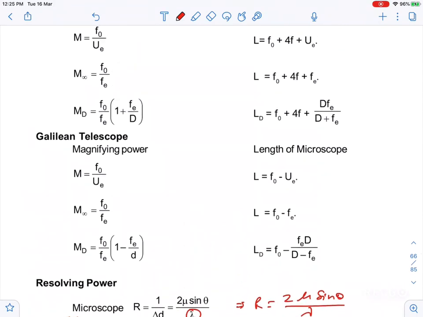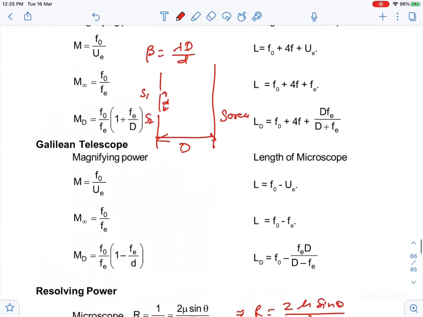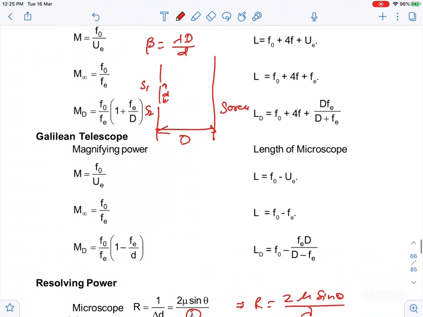Now guys, lastly here I have not covered Young's double slit experiment, which is the most important topic, guys. So beta, fringe width, you should remember, is lambda capital D by small d, where suppose this is slit S1 and S2, and this is a screen. The distance between slits I have taken small d, and the screen and slit distance is capital D, and lambda is the wavelength. So beta is equal to lambda capital D by small d. You should keep this in mind.